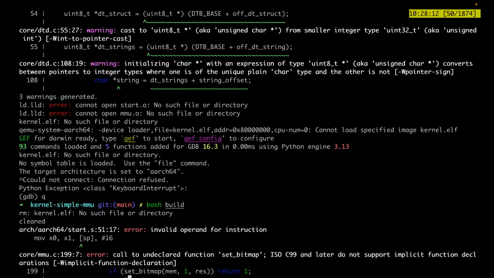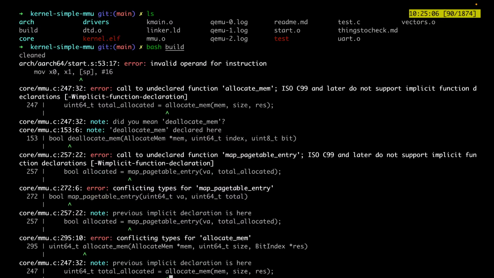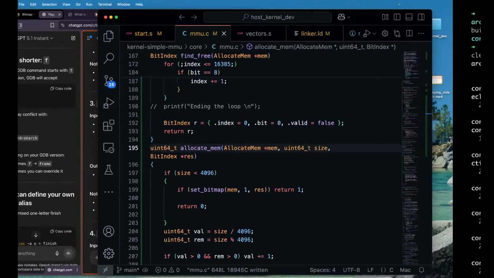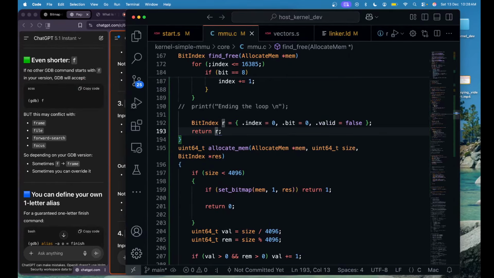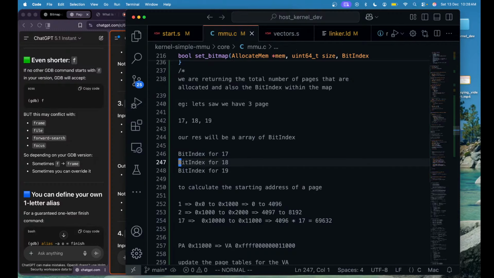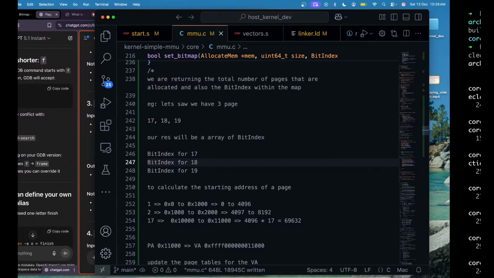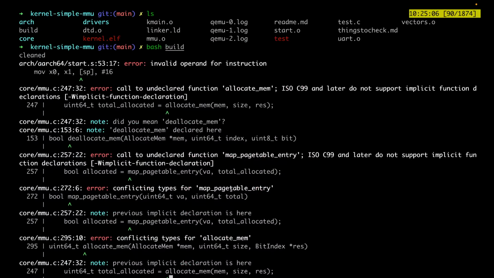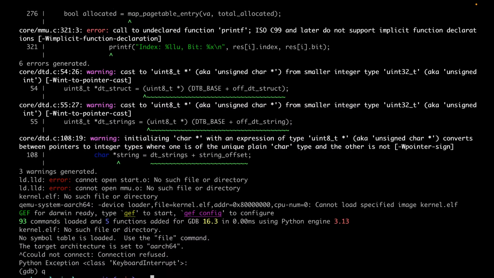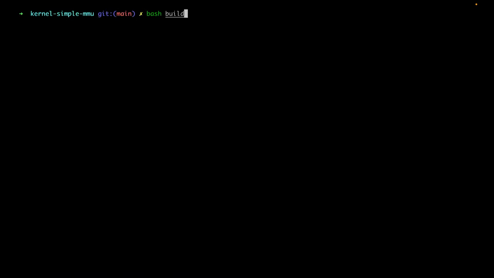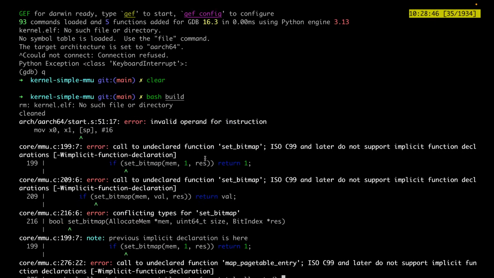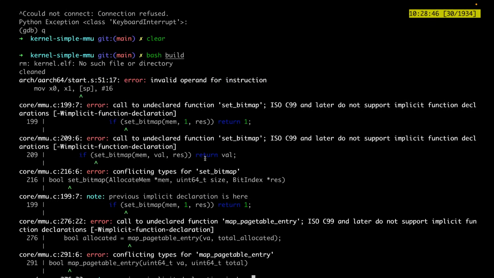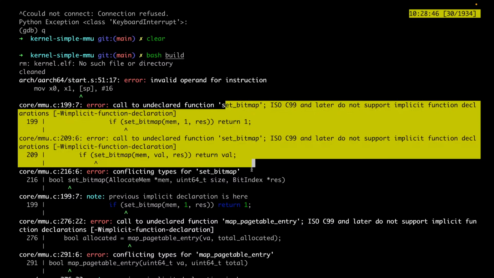No, that's still complaining. What the fuck? Now it's line 247. 247. The fuck? Dude. Maybe I'm looking at old logs. Okay, it's good. Now I just have to move set bitmap to the top, or I just